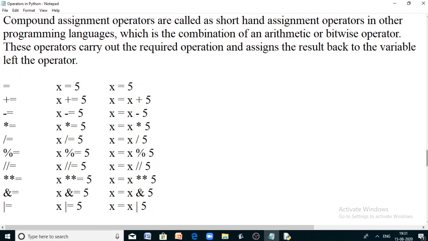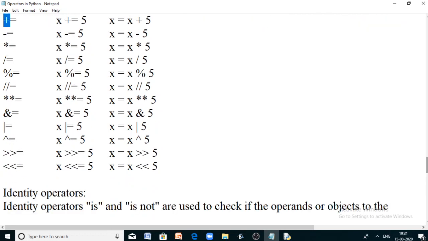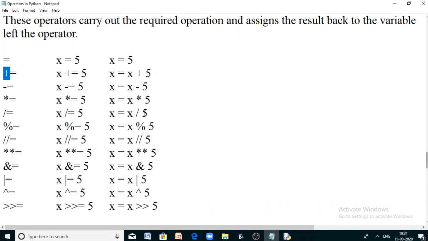An important thing is there is a mixed form of operators called compound assignment operators. In other programming languages, they are called shorthand assignment operators. That means equal is the assignment operator, right? But you can mix this assignment operator with any of the arithmetic or bitwise operators, and you can have a new operator called shorthand assignment operator or compound assignment operator.